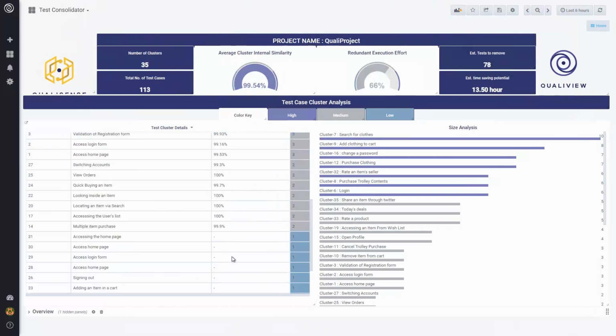Now, there's a couple of useful bits to this. The first of which is we can see where I am spending all of my testing time. So search for clothes takes a huge amount. And in and of itself, that tells us that we need to take a look at that and work out how to slim that down. And I'll show us that in a moment.